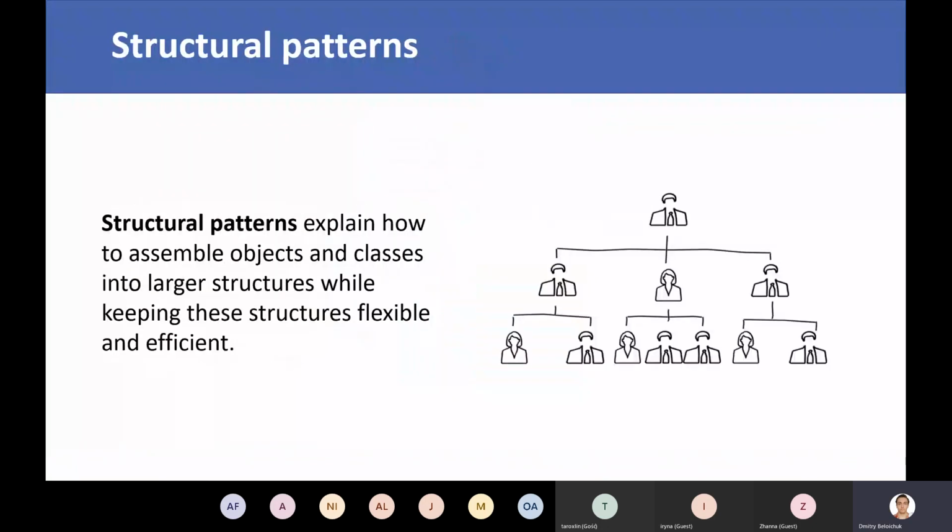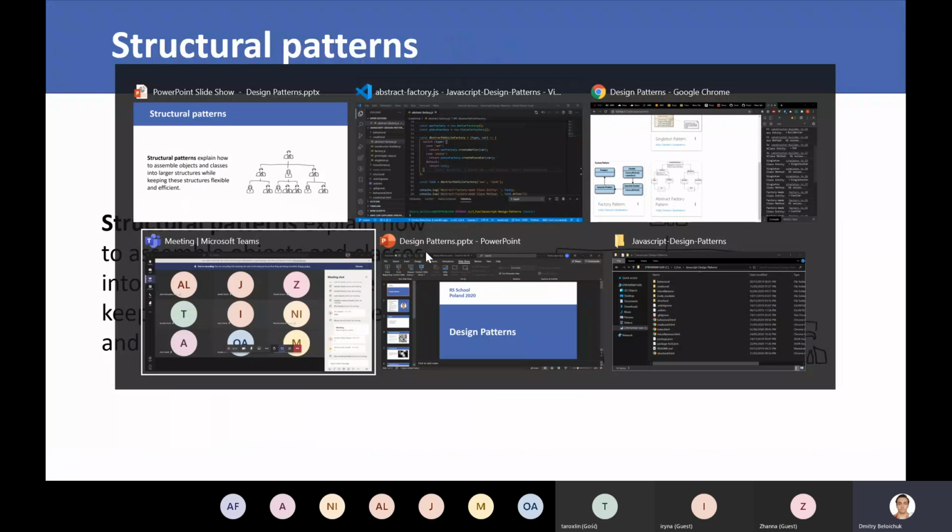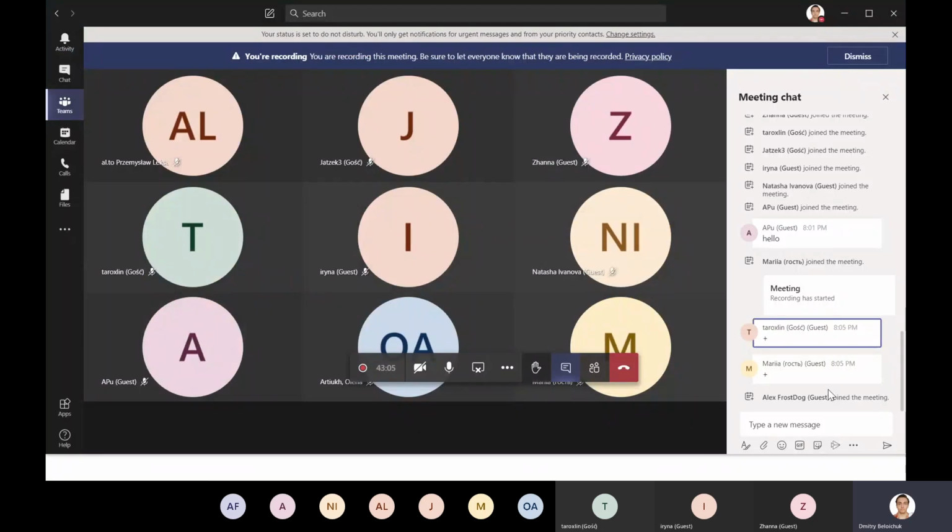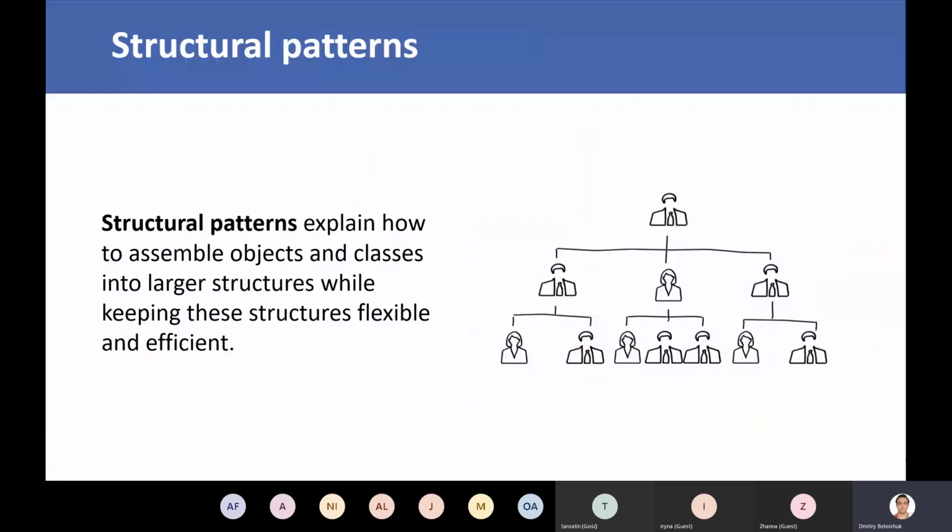Next, go structural patterns. And before that, I'm going to ask you if you have any questions. 43 minutes for like a half of the lecture, I suppose. It's going to be a long one. So, if no